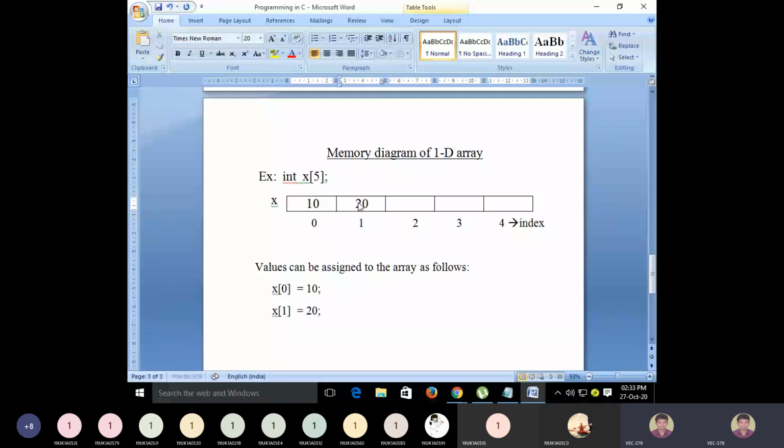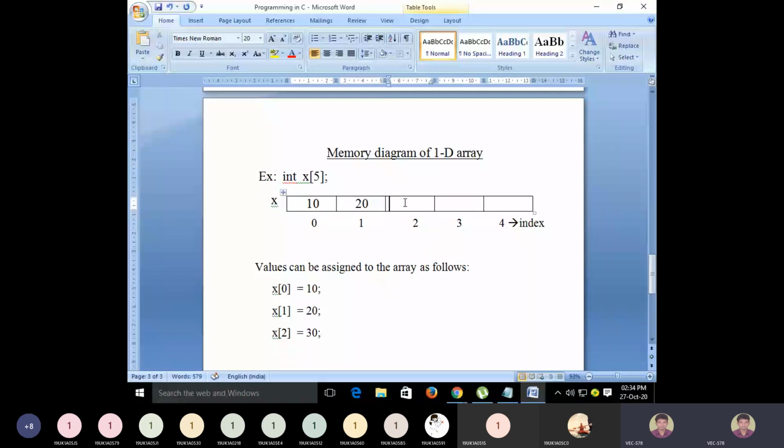Then similarly, how can we access the third element? The third element will be at location 2, so we access it using x of 2. x of 2 is equal to 30, and then 30 will be stored in this memory location.